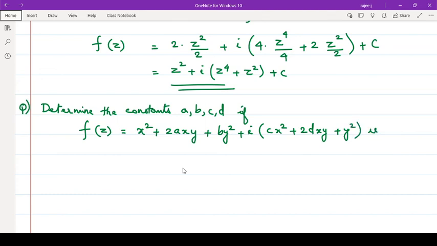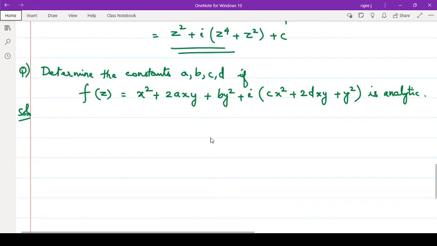Okay, so this kind of question you can expect. Determine the constants a, b, c, d if this is analytic. So if a function is analytic, then what will be these a, b, c, d? So for this also again you have a u and we have a v. Therefore